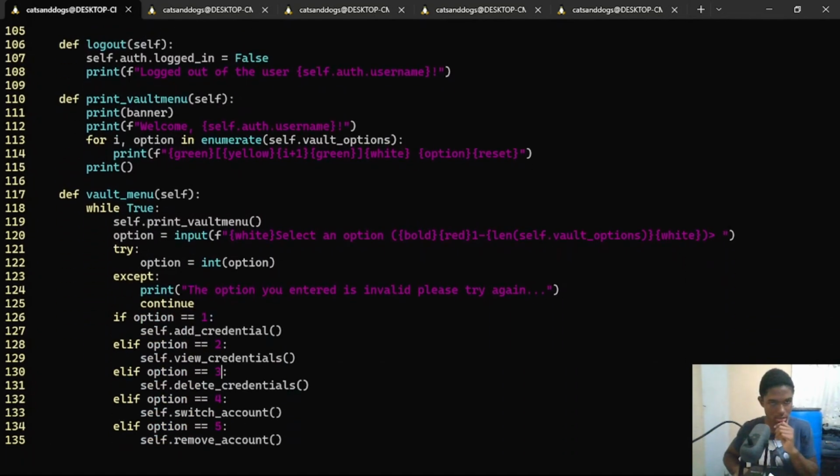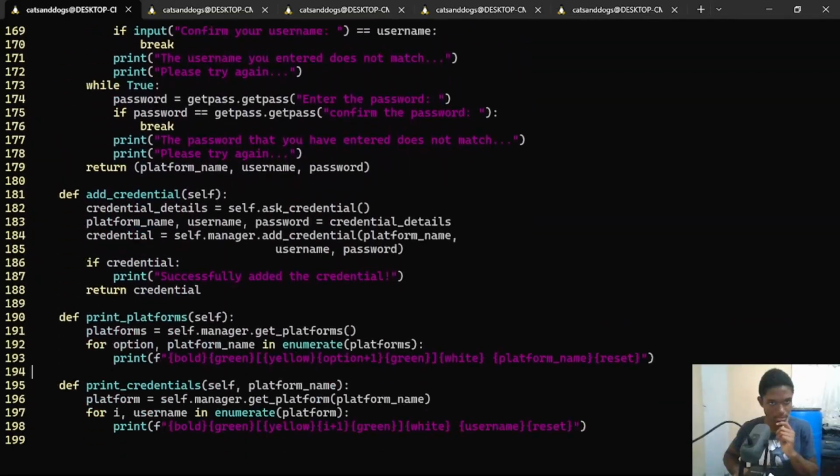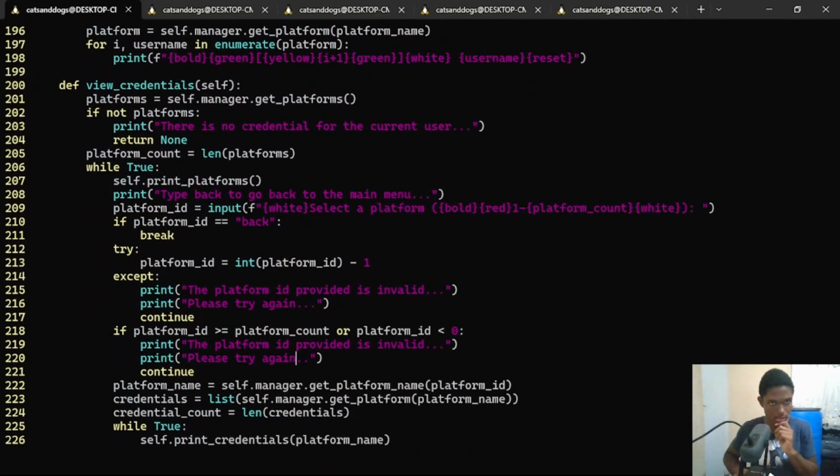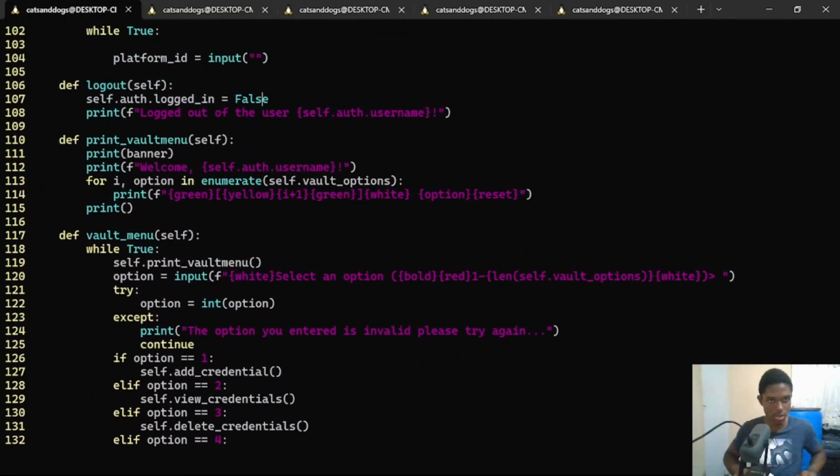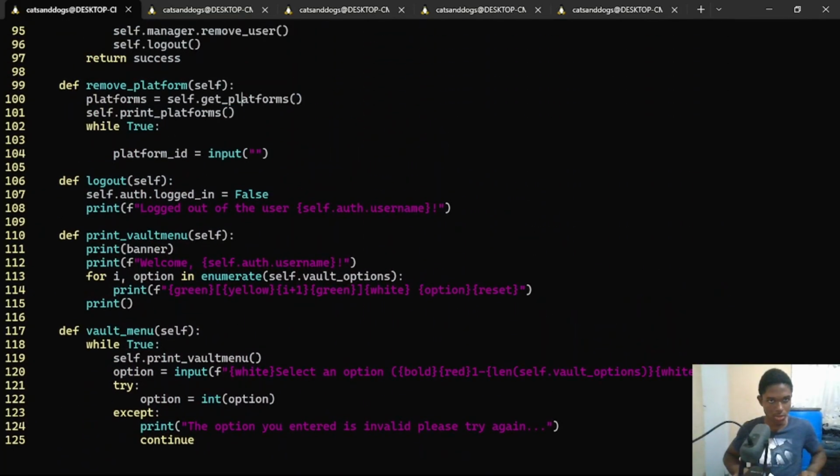Is that it? Oh, self dot manager dot get platforms. So we do self dot manager dot get platforms, then we print out our platforms, and we can see